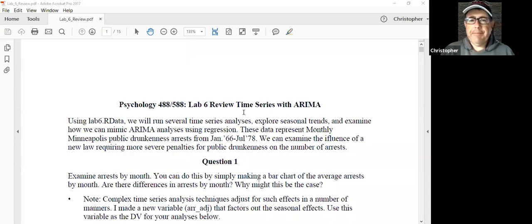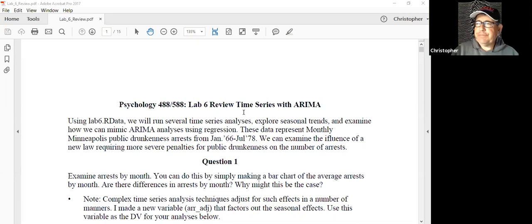Hey everybody, I'm here to talk a little bit about some of the code that we find in lab number 6. Remember, you don't have to do these lab assignments, but I do want to go over the material and the code as a way to get you a little bit of extra instruction on some of the topics that you're working with on the homework. This first one is for time series with ARIMA. That's what would have been in lab 6.